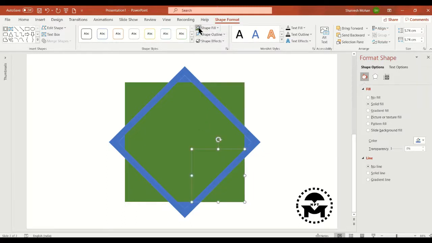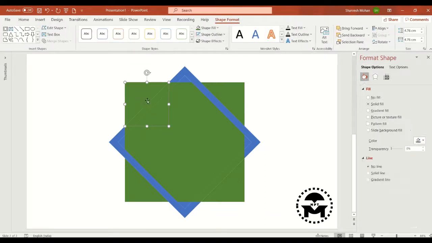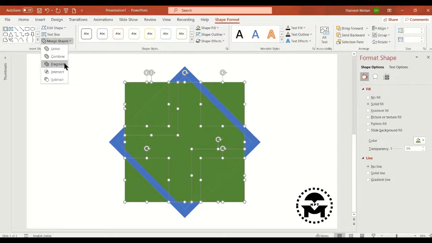So we have colored the shapes and we have to make these shapes combine. Go to format shape, merge shape and make it combine.